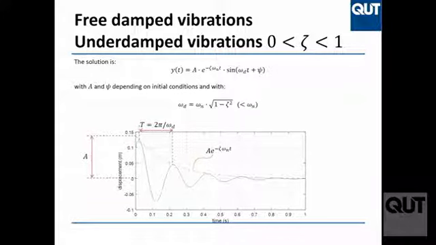Why do I say slightly? How much did I say is the common zeta for a mechanical system? Less than 0.1. So let's take 0.1. 0.1 squared, how much is it? 0.01. So 1 minus 0.01 is not much of a number. It's still very close to 1. So in practice, for common zetas, omega n and omega d usually look very similar, with omega d slightly less than omega n. That's the common case. Okay, clear?